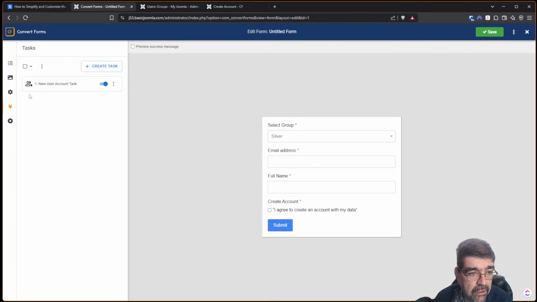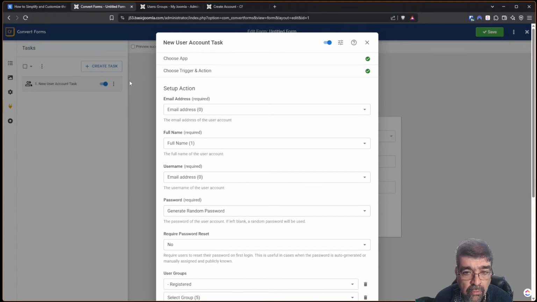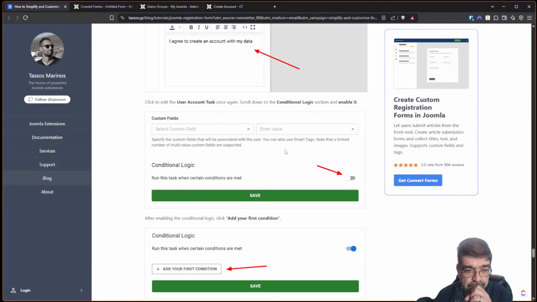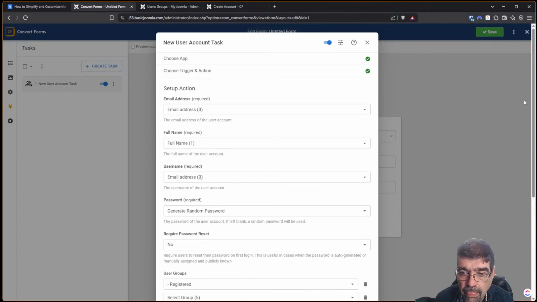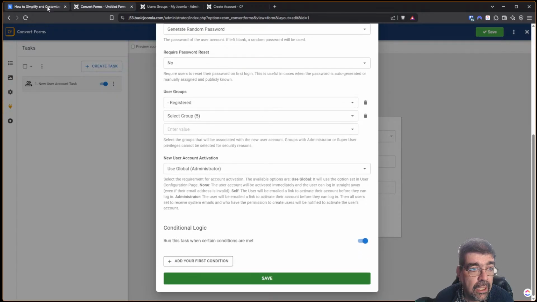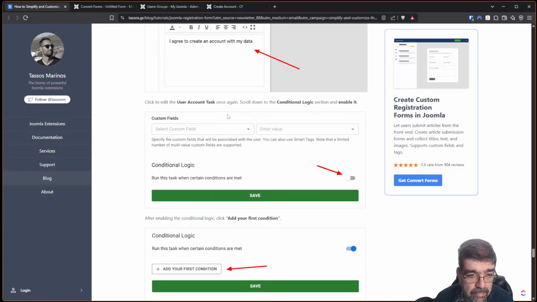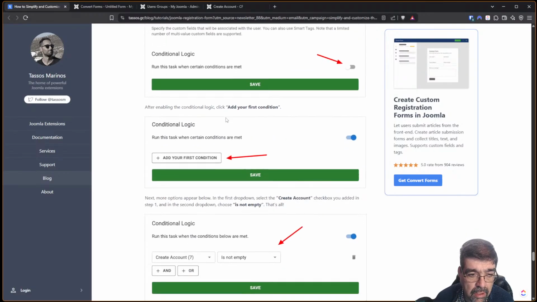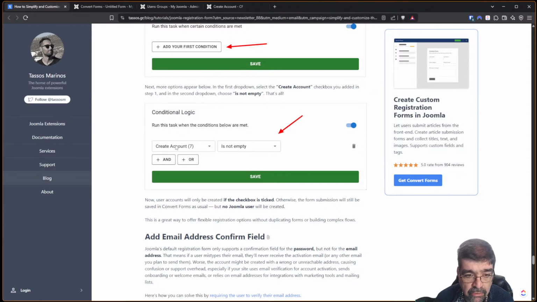Now we go to the task and down, I think, click to edit the user account. Scroll down to the conditional logic section and enable it. Down at the bottom here, conditional logic, enable it. And we're going to add a condition. After enabling it, add your first condition. And we're going to say Create Account 7, ours is 6,